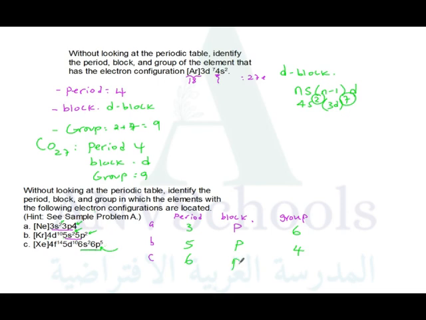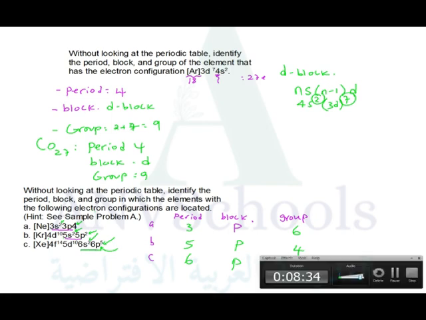And the group number is, as we said, simply the total number of electrons in the outermost shell: we have 5 here and 2 here, together 2 plus 5 is 7. So these are some of the typical examples to illustrate the configuration of